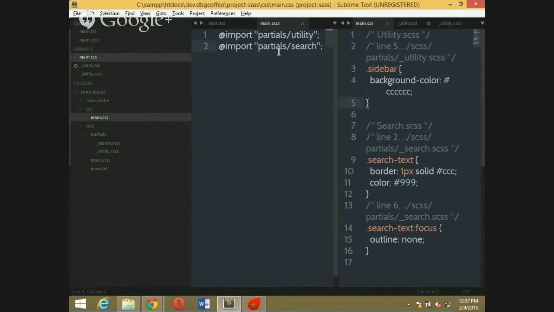That's a convention. Okay, and once we use it inside the main file, we never use the underscore. And once it gets rendered, all the contents inside the files will be generated inside a single file. Actually, it helps to modularize our CSS code. We can break our CSS code into small snippets and include it like this.